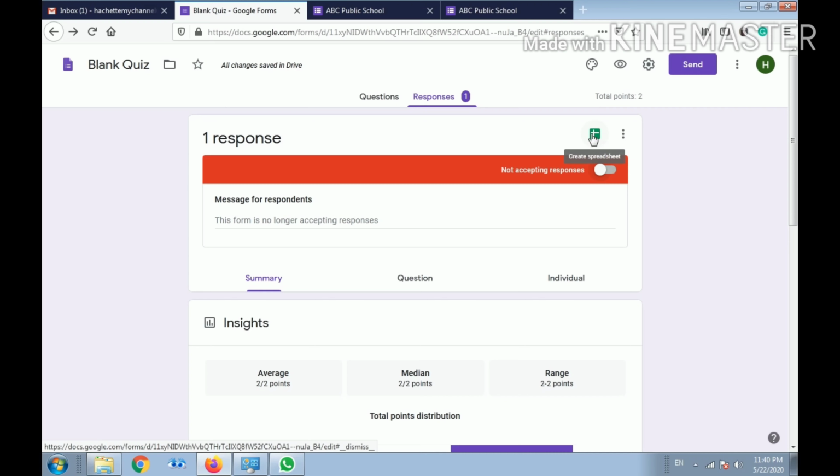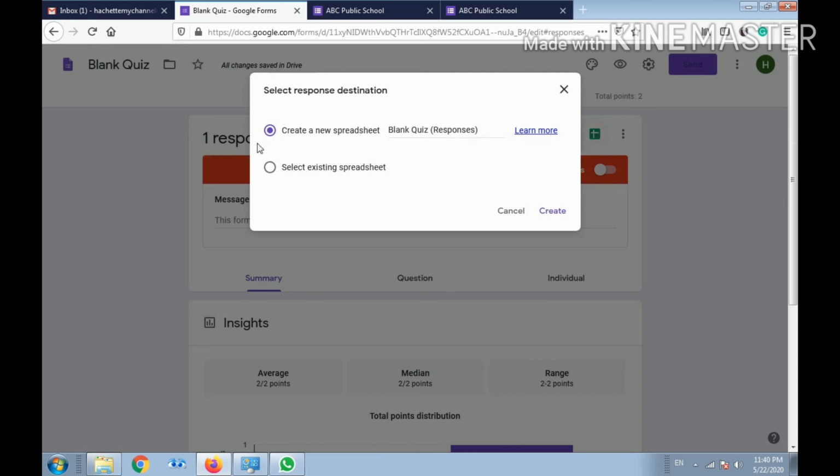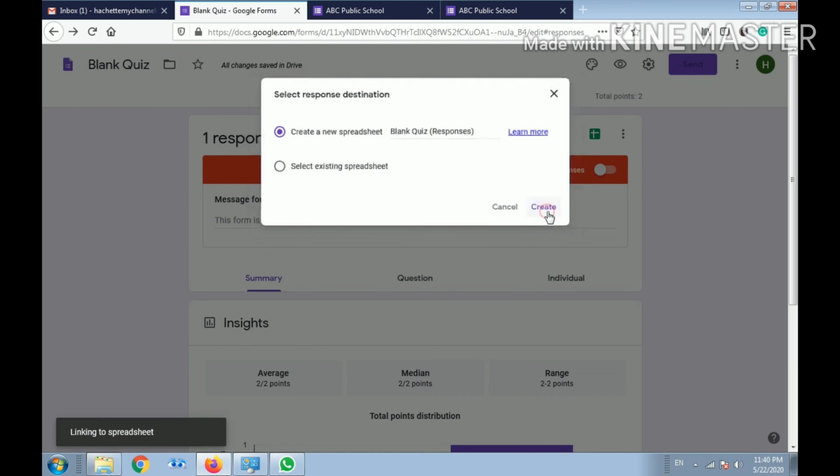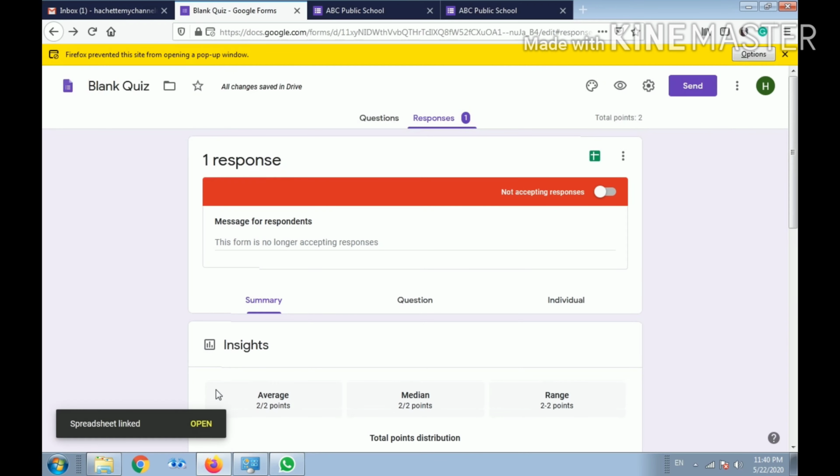Here you can create the spreadsheet also. Suppose many students are there in your class, and it's not easy to keep the record of each and every student, then click on this create spreadsheet. Yes, create a new spreadsheet, create. So it will show you a spreadsheet.